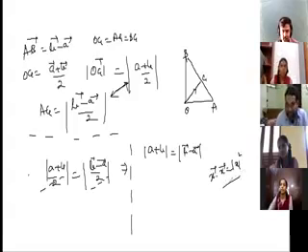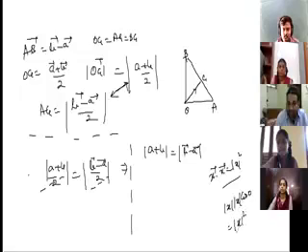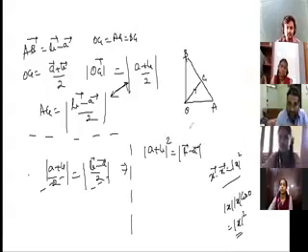Chalo. Now see, I need to prove that mod of A plus B by 2 equal to mod of B minus A by 2. That is what I have to prove. All right. So let me get rid of these two. This is a scalar multiple. So that means I need to prove that mod of A plus B equal to mod of A minus B. Sorry, B minus A. Here I get B minus A.